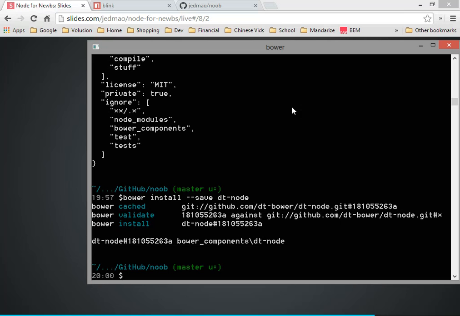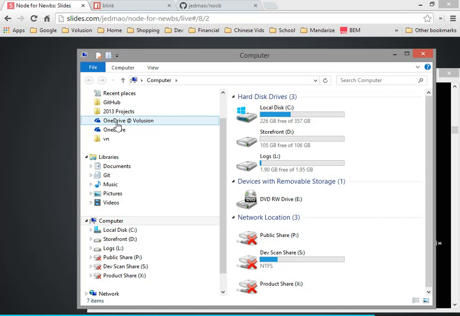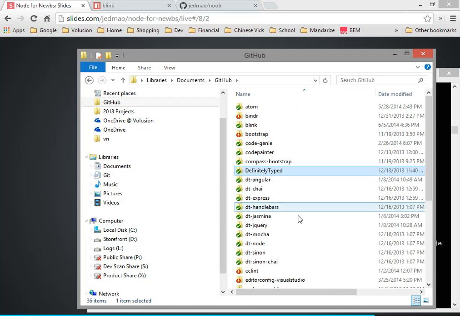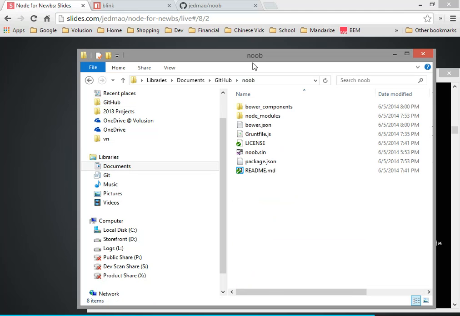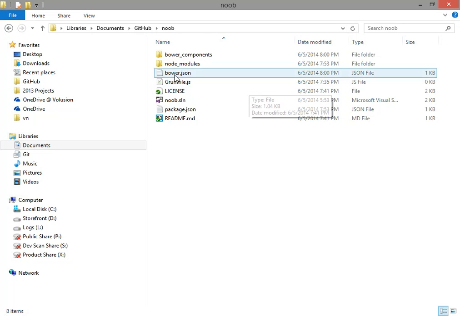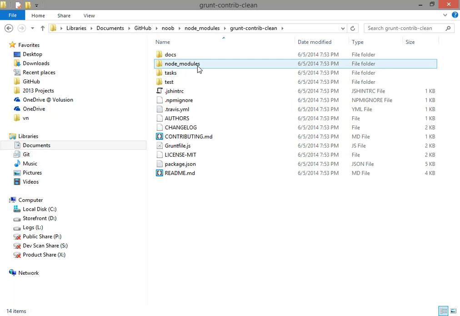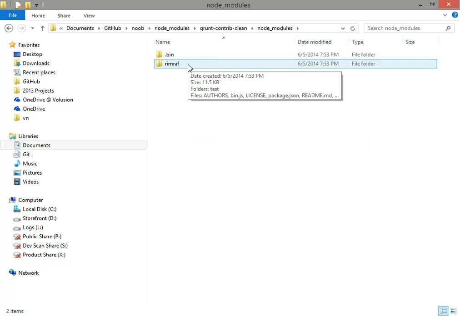So there that goes. It installs it just like npm installs it, but it goes into a different folder. So let me show you the folder structure here. Go to GitHub, Newb, and I can see that when I run, I can't really magnify this one so much, but I got a node modules folder here, and it has just installed all my packages into their respective folders. And if any one of these packages has dependencies of their own, it will install it into another node modules folder. And it goes as deep as it needs to go, which is a real pain sometimes,